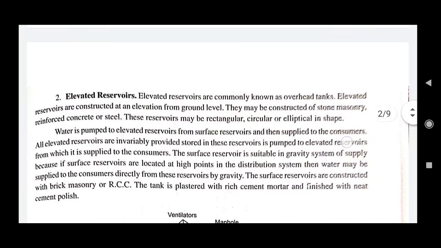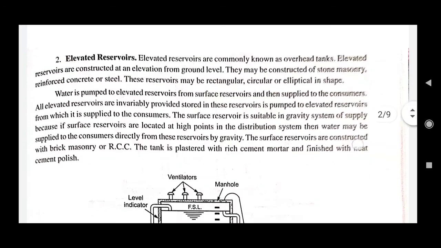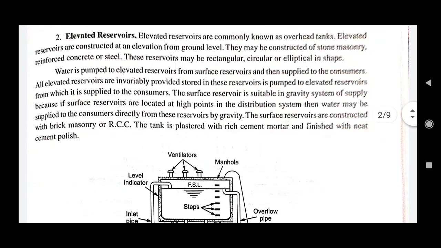The next type of reservoir is the one that you have most probably seen all over the city, which is the elevated reservoir. In Hindi you can call it pani ki tanki, that is provided at various sections of the locality. An elevated reservoir is connected to a surface reservoir. The water from the surface reservoir is pumped to an elevated reservoir, which has a